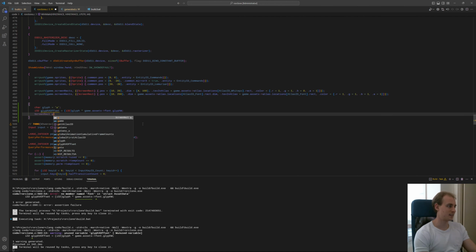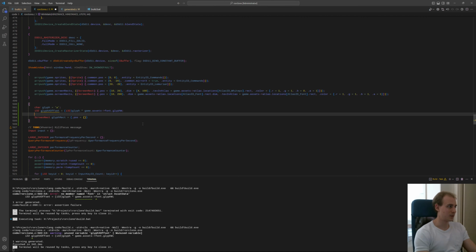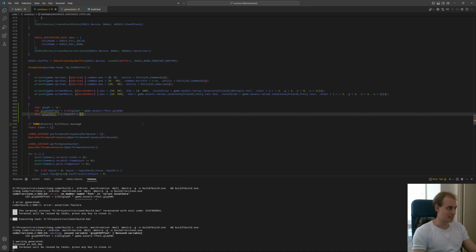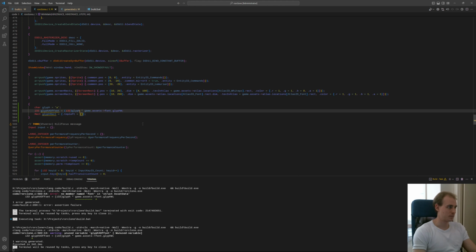Screen rect, glyph rect was the top left. We have a top left, and right. I mean, we have a lot of things actually. Okay, well, we have a position, which is, well, we have this atlas. Oh, hold on, rect. Let's just do that. Top left. Okay, the top left of the rect is